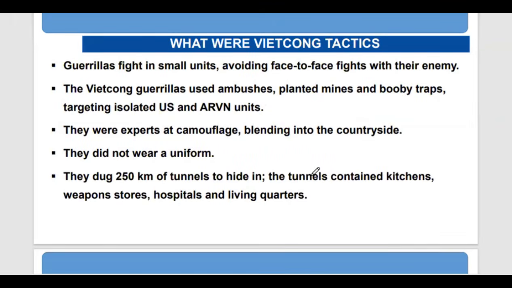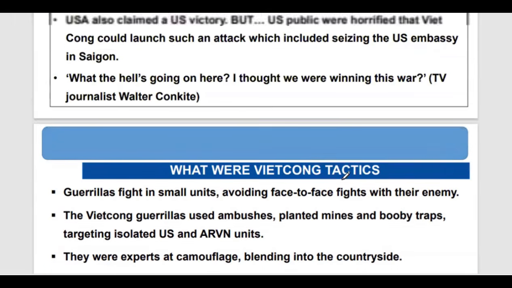So these are some of the tactics that were used by the Viet Cong, like what we've been discussing earlier on. The ARVN units, we talked about not wearing uniform, we talked of ambushes, we talked of avoiding face-to-face fighting, digging tunnels. This is part of the tactics that were used by the Viet Cong. And after that, we talk of